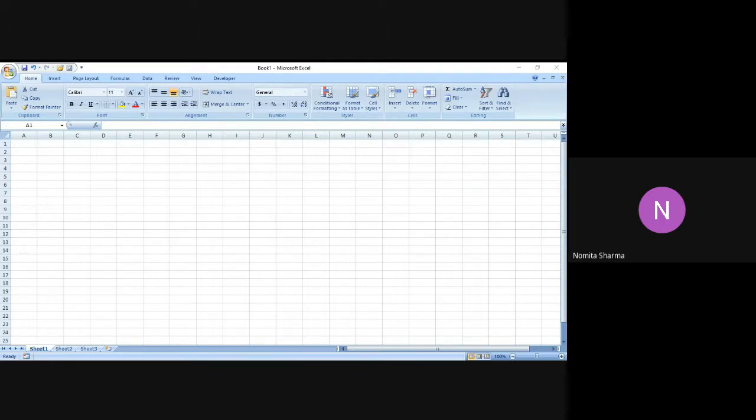Today we will explore the Excel functions such as RAND and RANDBETWEEN. Though we have done these functions in the previous class, where we used a RAND function to generate random numbers, and RANDBETWEEN to generate numbers between an upper limit and a lower limit.